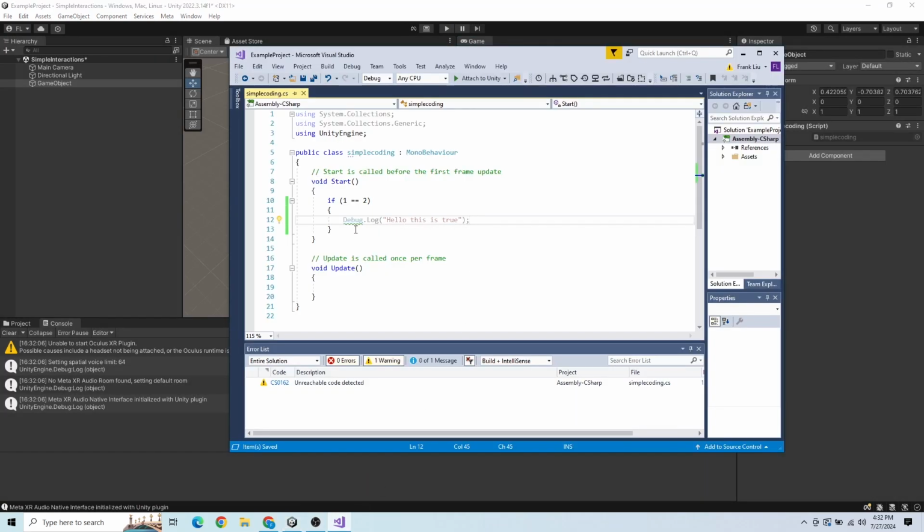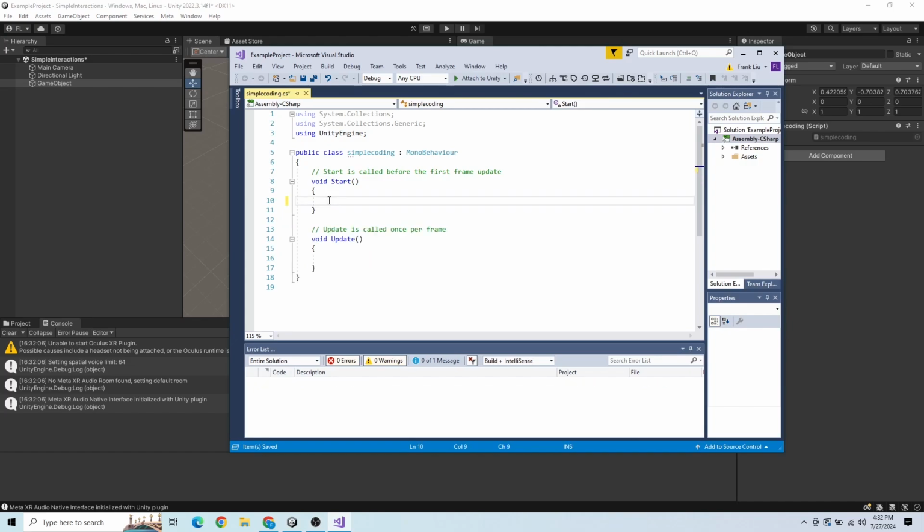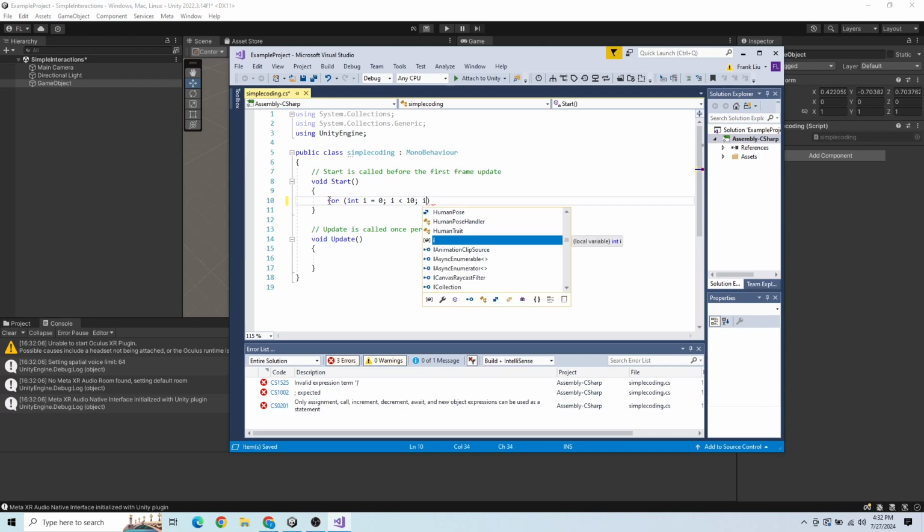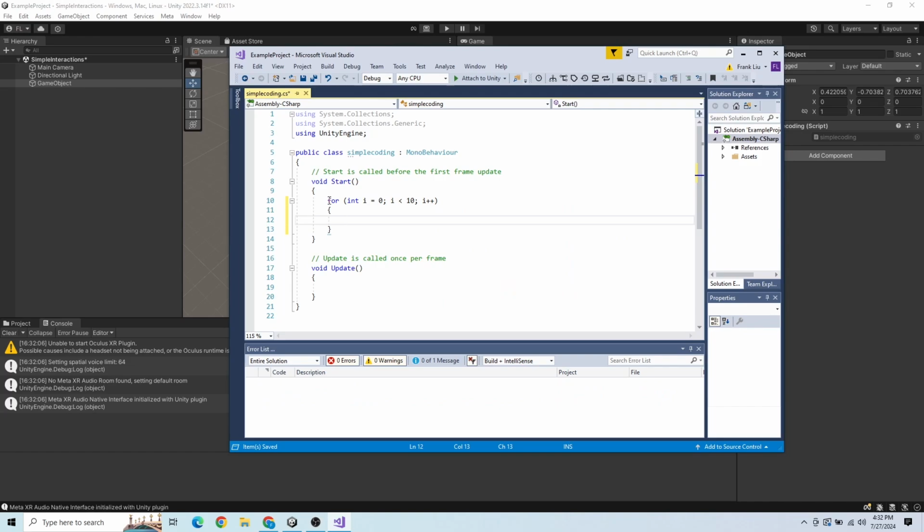The next concept is a for loop. This is just going to do something X number of times, what I define it as. So I'll start off with naming a counter. This is the starting point. It can be 0, it can be 1, it can be anything. The second part is the condition where it stops. So let's say i is less than 10, and then the last one is the increment. So I have i++, and let's say